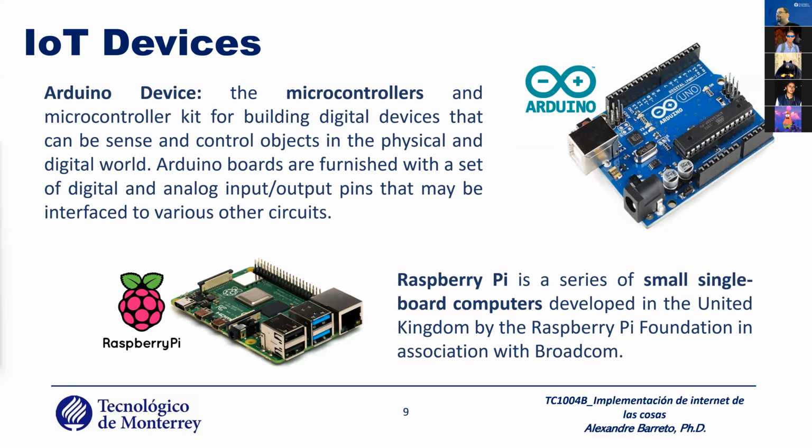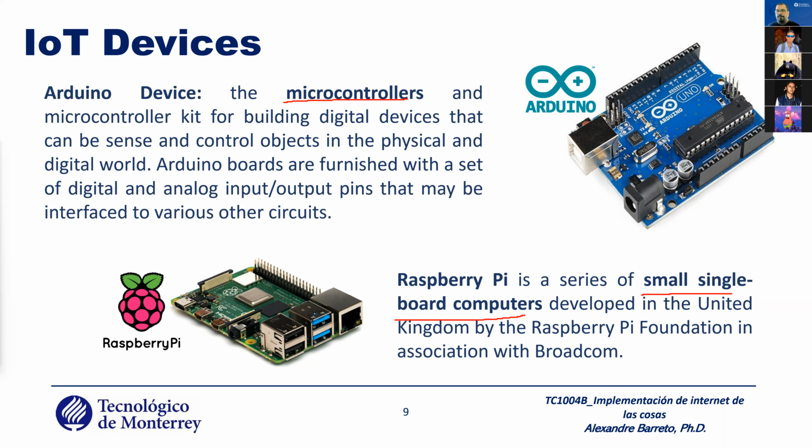It's very important: you have a large number of IoT devices. A smartphone can be an IoT device. But when you think in the academic part, most of the time you study Arduino or Raspberry, okay? And there are differences between Arduino and Raspberry. Arduino is only a microcontroller. Raspberry is a small single board computer. There are advantages and problems to having one or the other.